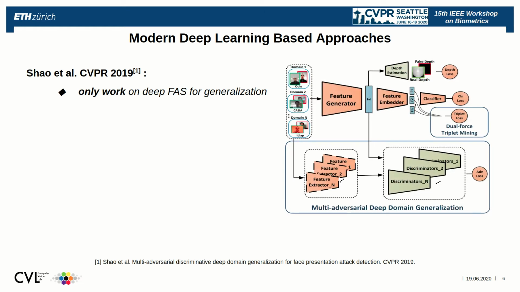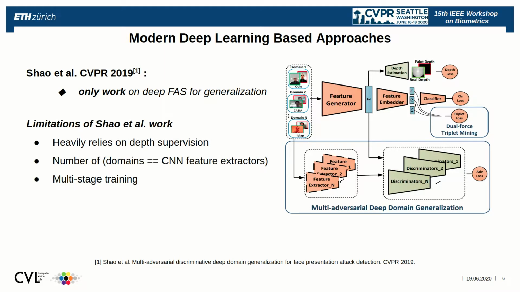We found that Shao et al. is the only work which addresses domain shift problem following a domain generalization setup where they consider each face anti-spoofing dataset as one domain. However, we noticed some limitations in their work which are as follows. The performance of their method heavily relies on an auxiliary depth supervision which is expensive and time consuming. To generate face depth map supervision, one needs to fit a 3D face model for each video frame, which is